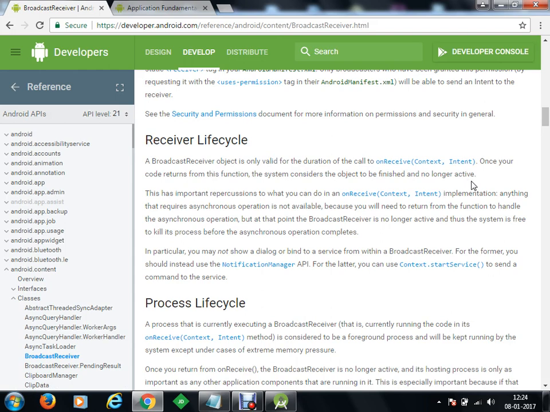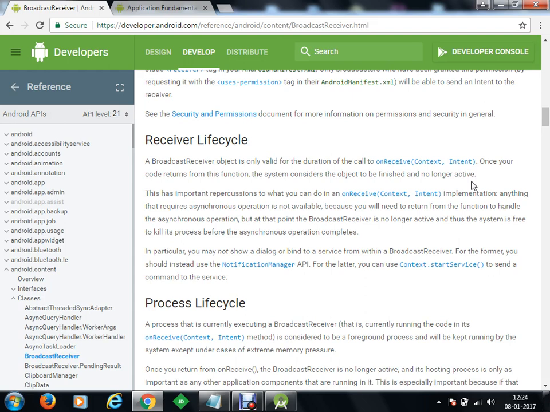Okay, so an action is performed, and inside your application there is a receiver. Inside the receiver class there is a method onReceive, which is going to receive the context and the intent, and whatever statements you have to execute, that statement, and after execution of the last statement, the broadcast receiver life cycle is over. The life cycle starts from onReceive and ends on onReceive. So we don't have any more methods.